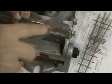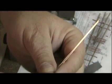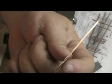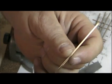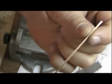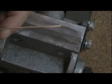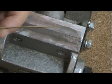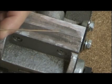Okay, let's start filing a little bit more here. I think we're in good shape. If you can see this, you can see what I mean here, because you can tell where the base and the head are on this part here. But as you go down, they gradually disappear. I filed them both off. This is now flat. I'm going to go ahead and file off the rail head on the other side,